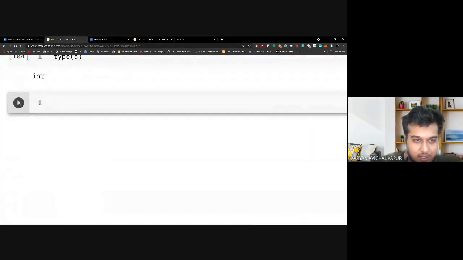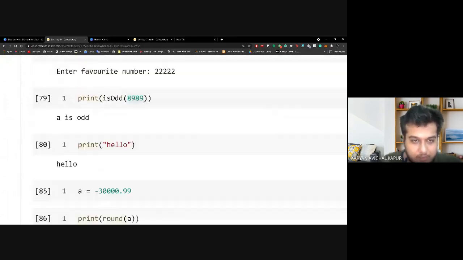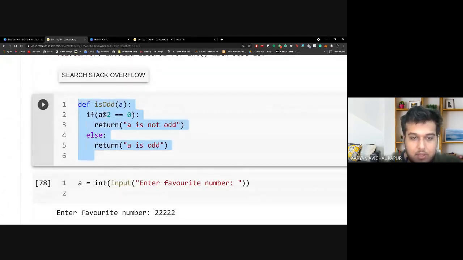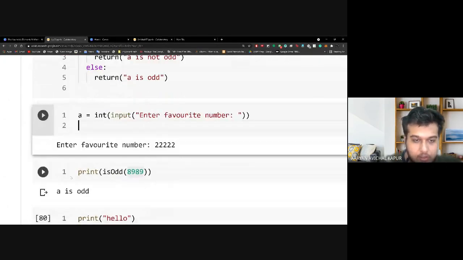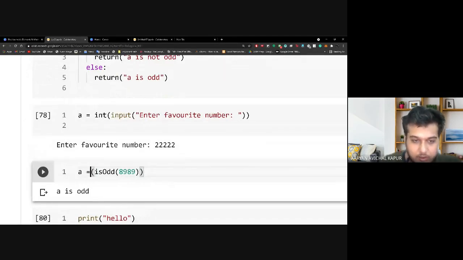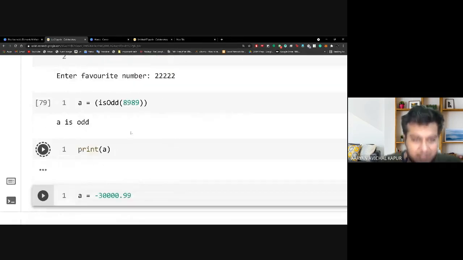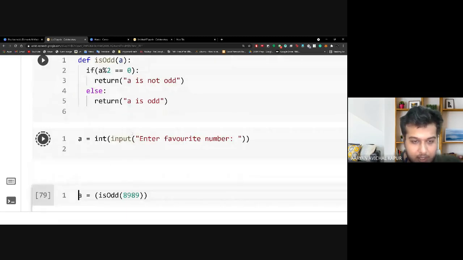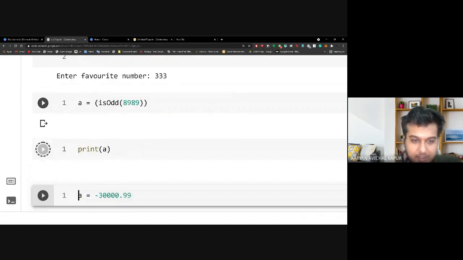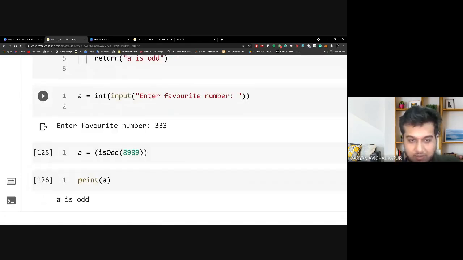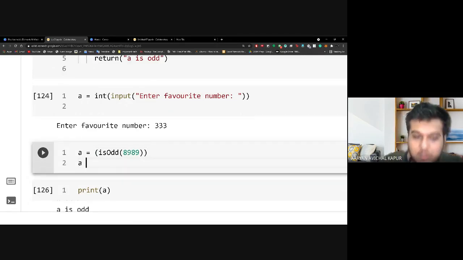So let's say that I have a function. Let me look at the is odd function. That is something that we can use. Here we are returning this, right? So if I want to store the value of this variable instead of print here, I store the value here, and then I print a, right? So it does give me the same result. Let me start from here, and favorite number is 333 and enter, and I store this in the variable and then I print this. So this gives me a similar answer. What this means is I was able to store the result in the variable. Now I can actually use this variable to do a lot of things. So what if I wanted to add 2 to the variable?